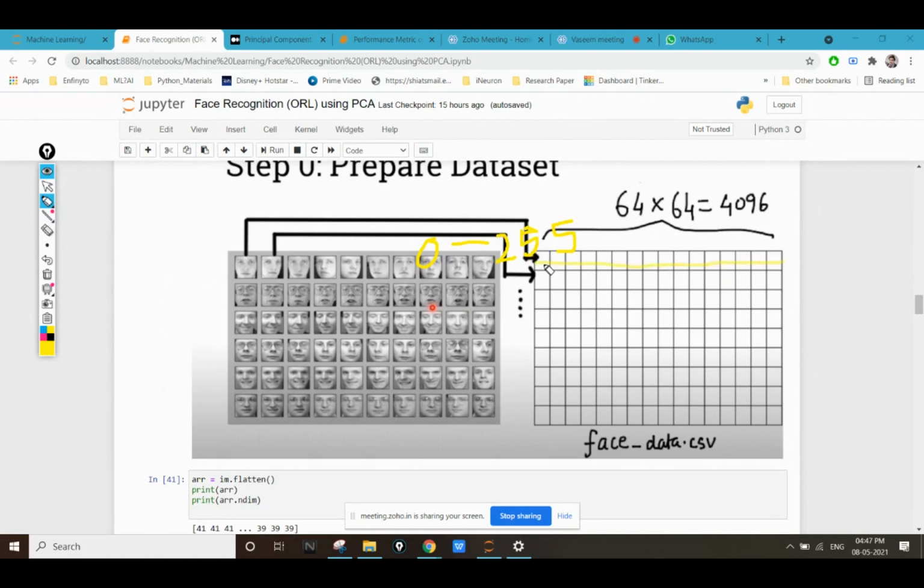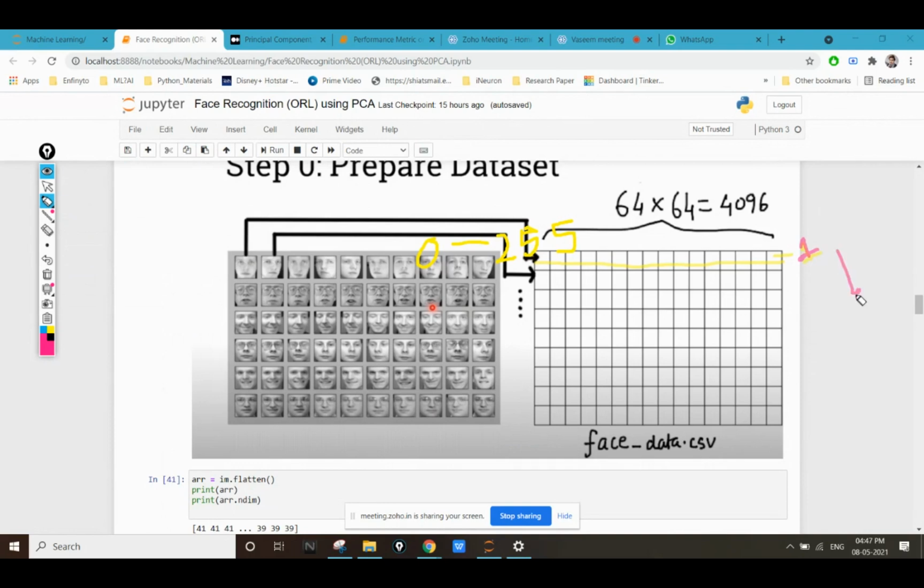This is for image number 1, and in the same way we have a total of 40 people with 10 images of each type, so we'll have a total of 400 images.